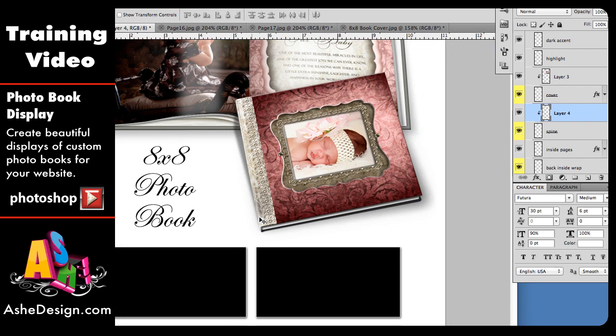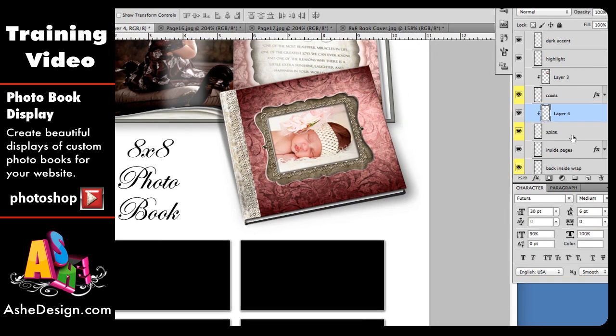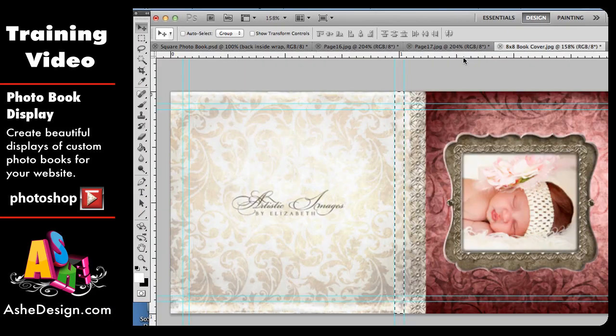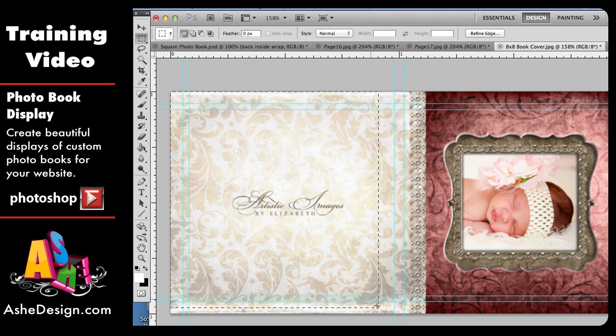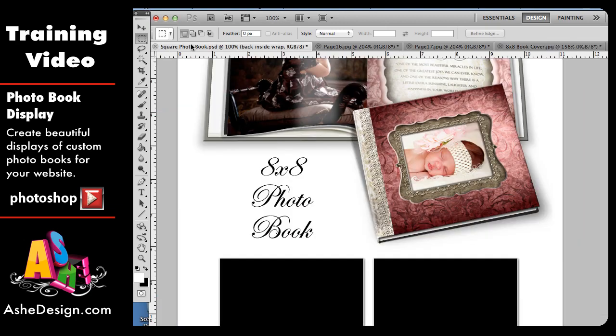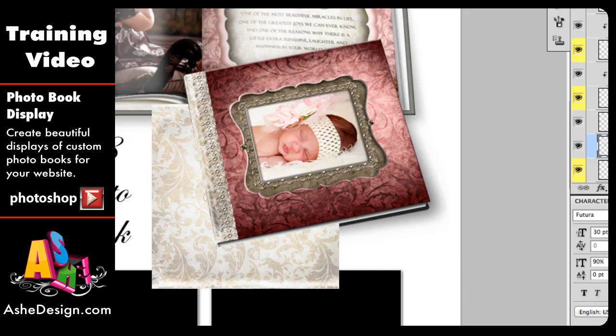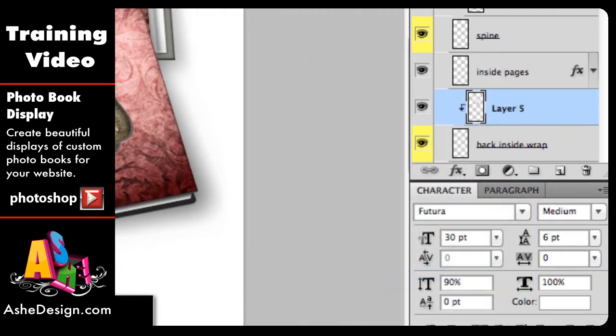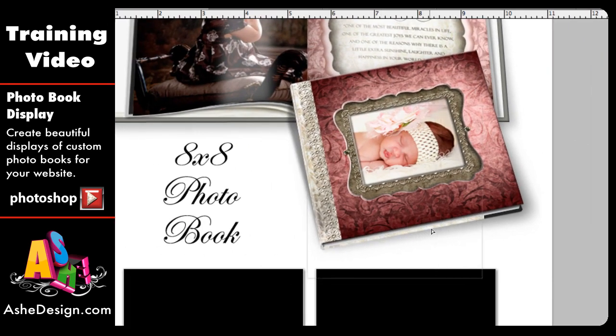And now we just have one more piece that we need to fill, so I'm just going to select the back inside wrap. I'm going to go back to my cover. I'm going to use my selection tool to select the back section of the book, using again my guides, and then I'm going to copy Control-C, go back, I'm going to Control-V paste, then I'm going to clip these layers together, just right click, create clipping mask. I'll use my arrow to center it up a little,